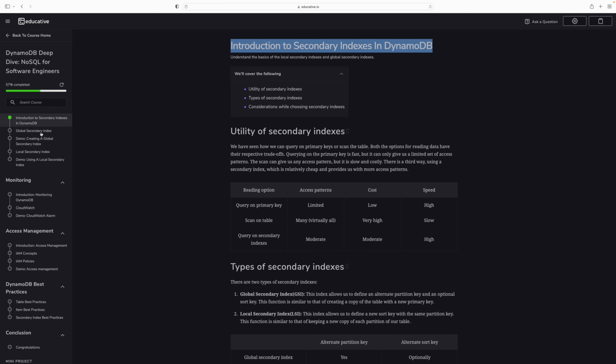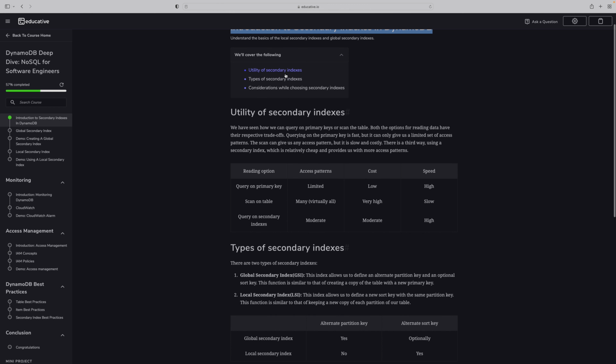Here we are going to start with an introduction of secondary indexes and global secondary indexes, creating secondary indexes, and local secondary indexes. These are the three things I'm going to do: understand the basics of local secondary index, utility of secondary indexes, types of secondary indexes, and considerations while choosing